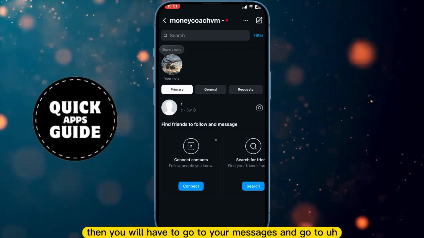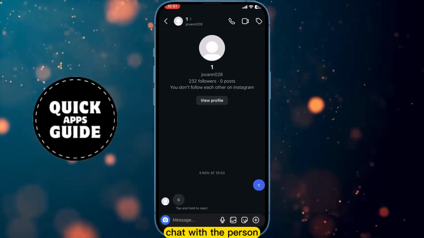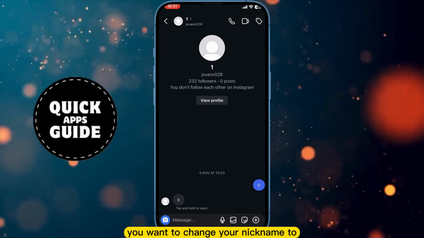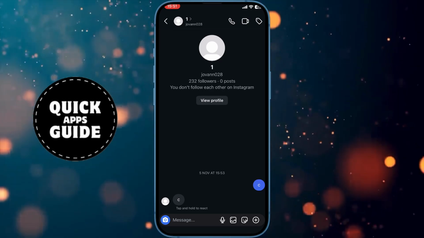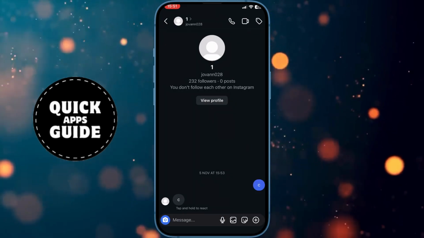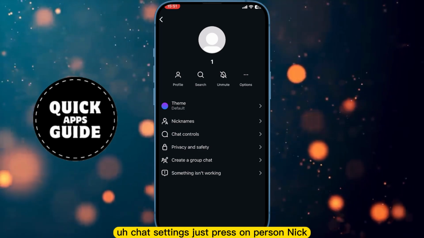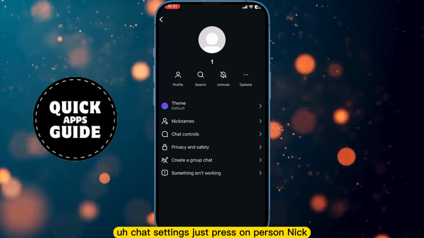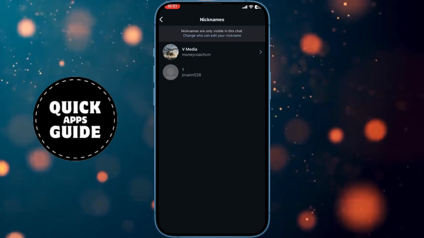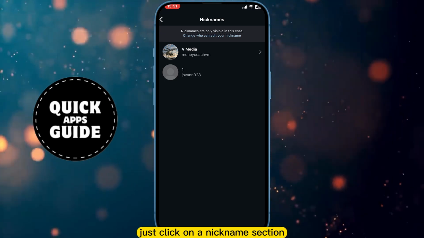Then you will have to go to your messages and go to the chat with the person you want to change a nickname to. When you do this, you will have to click on chat settings. Just press on the person's name, and once you open these settings, just click on the nicknames option, and